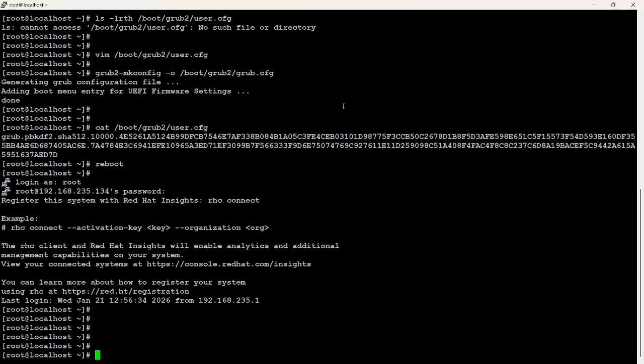Now we are doing troubleshooting. What mistake did we make when setting up the grub password? First, we check what modules are called behind the scenes when we set up the grub password. We run cat /boot/grub2/grub.cfg